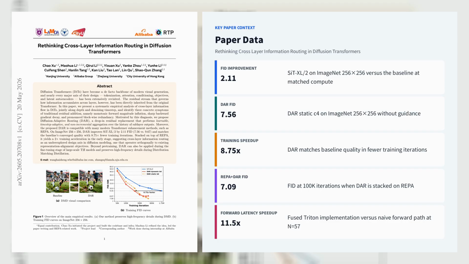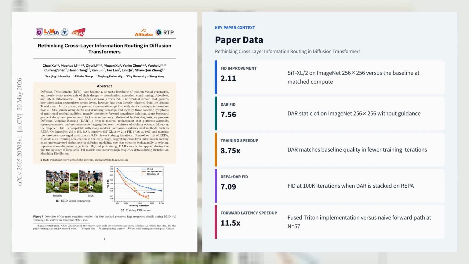The time step aware variants are crucial because the denoising time signal is linearly decodable from router inputs, with test R² above 0.95 in early blocks and near 1 deeper in the stack. Empirically, DAR reaches 7.56 FID on ImageNet without guidance and 2.05 FID with classifier-free guidance, while the best reported improvement